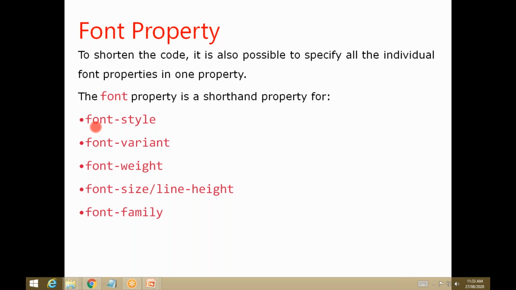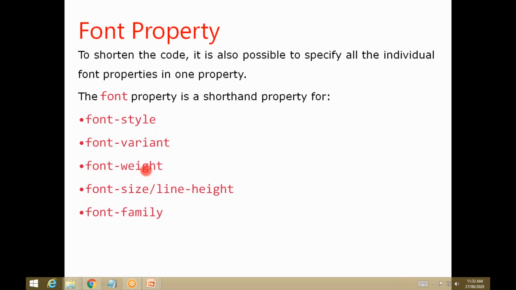The first one is font style, which may be italic. The second one is font variant. It may be small letters, sentence case, lowercase, uppercase; all of those come under font variant.